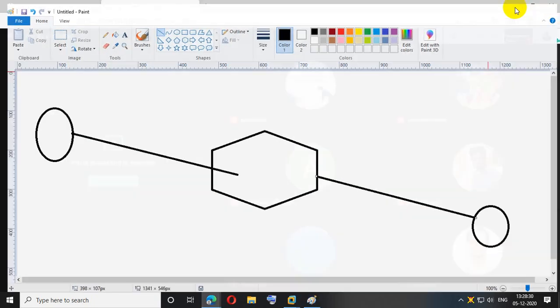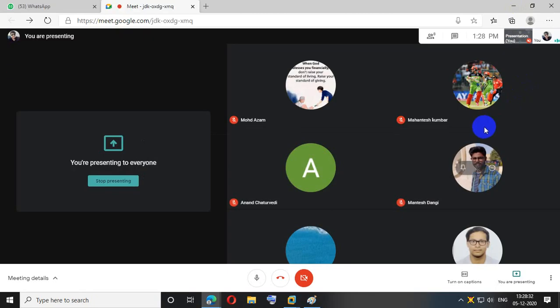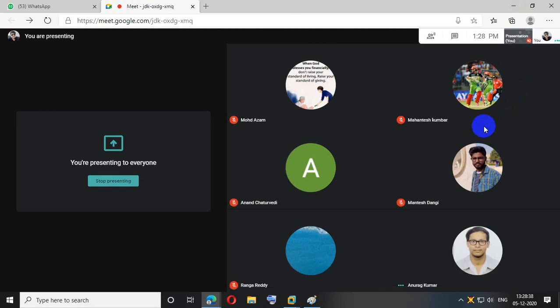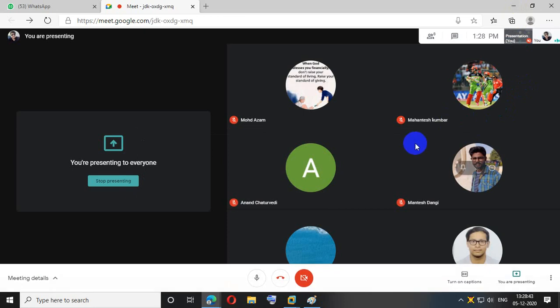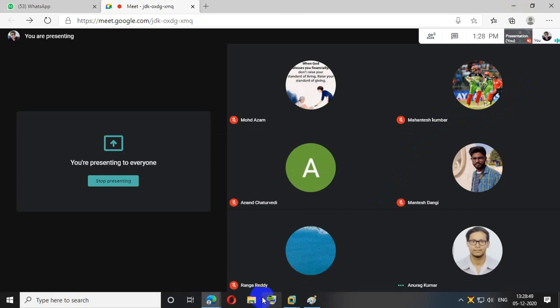And also the problem is that I will create the first practical again, but after you left, the server hung, and we rebooted the server and the session was destroyed. So again we have started the session, and this is the first practical. It's for the roaming profiles. The roaming profiles concept is nothing.